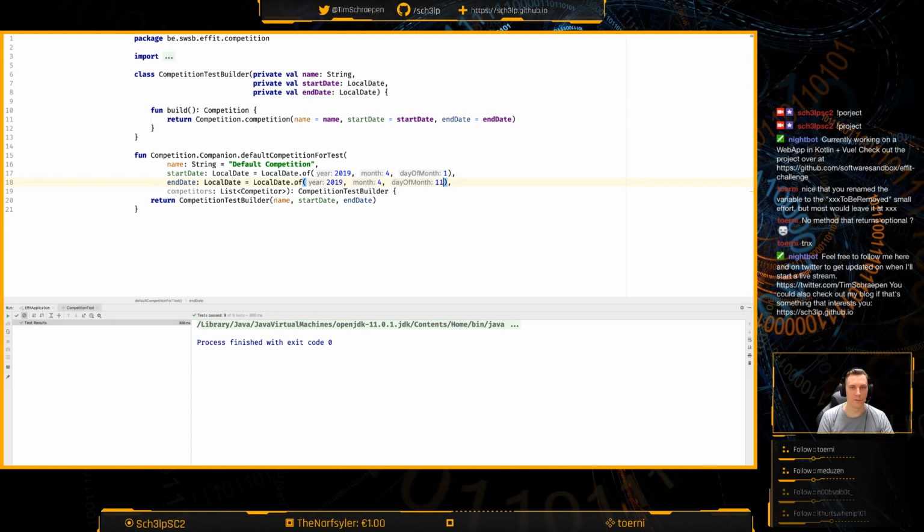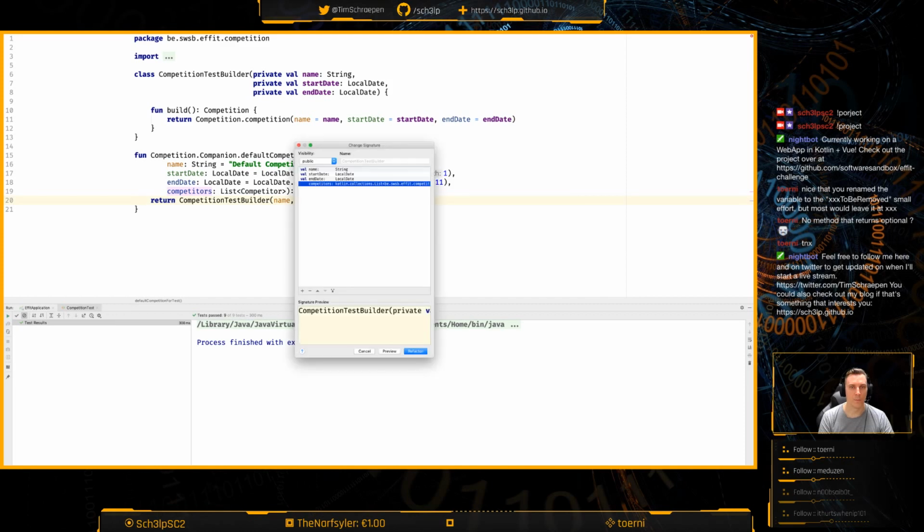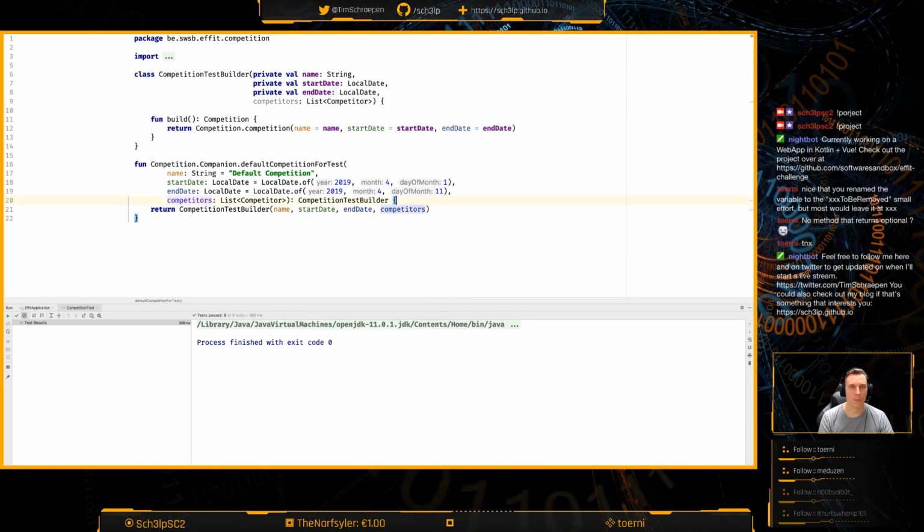And then let's do 11 days later or 10 days later. Then let's pass that as a variable to that string as well, which should be private. Nice. And then whenever we create this competition,